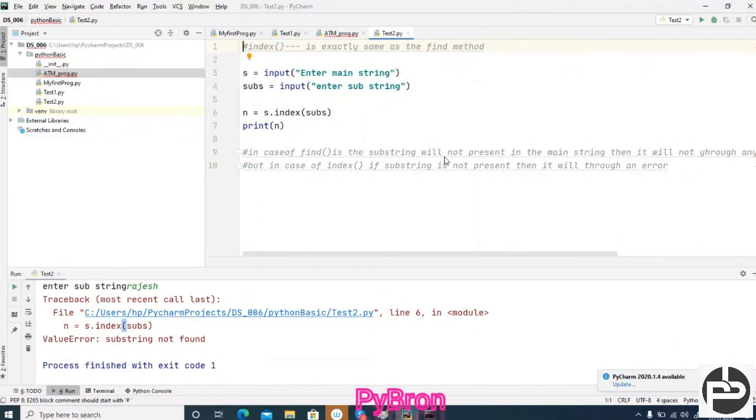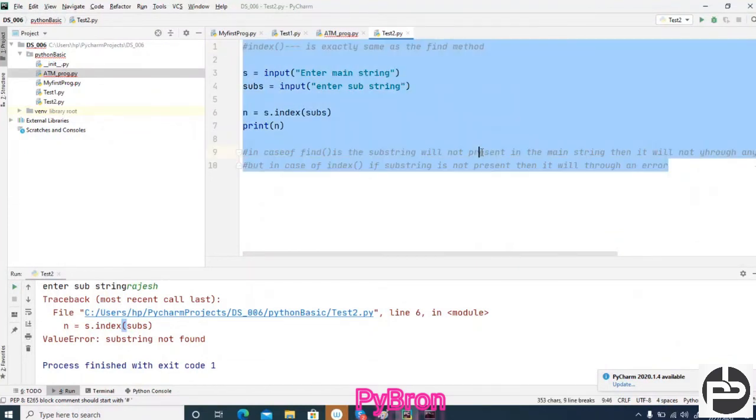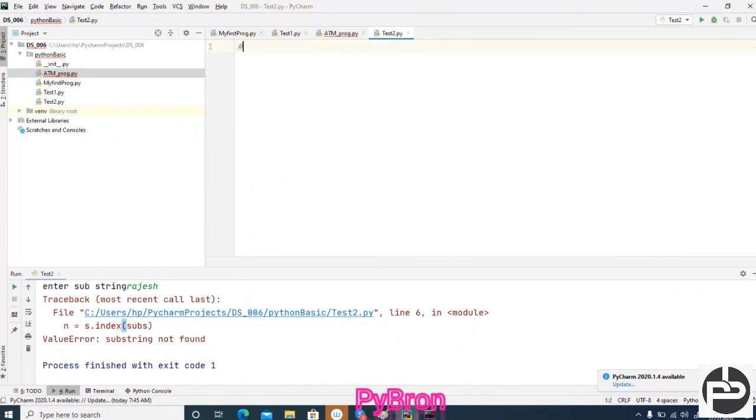Okay, let's see the count method. Let's suppose S is a string, and here I am going to say A, B, C, A, D, E, F, G, H, J. Now print s.count, and here I am passing A. So what is it returning?